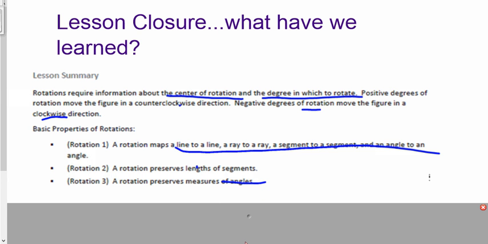Okay, so everything about a rotation is the same as a translation and a reflection. They are all basic rigid motions. The difference is that this rotation is going to spin. Okay, please complete the problems and the pages that have been